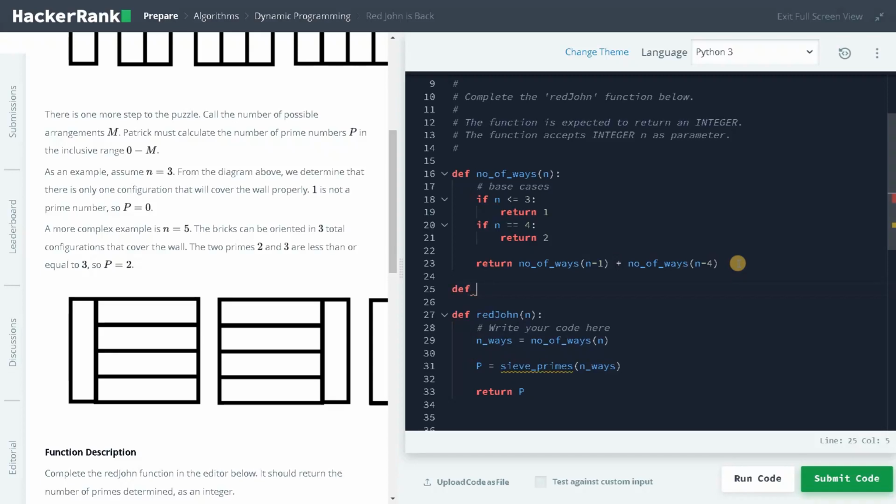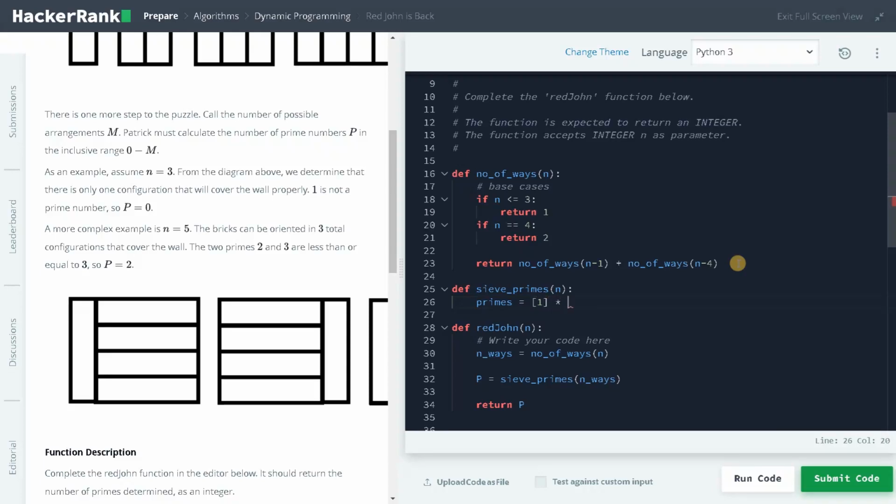Now we will define the algorithm here, sieve primes of n. I hope you guys use this algorithm for calculating the primes in the optimal way. So we are going to do the same. So I will say primes equals, initially I am just considering all the index as primes, and I will